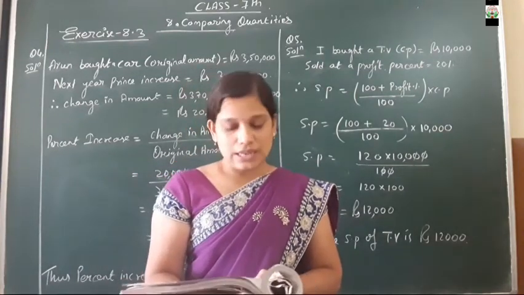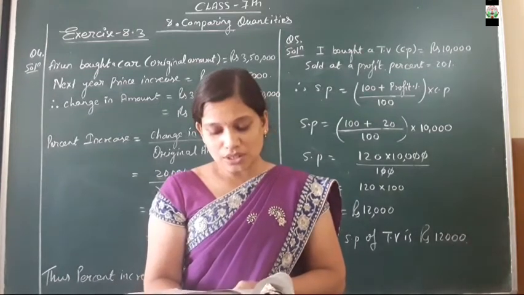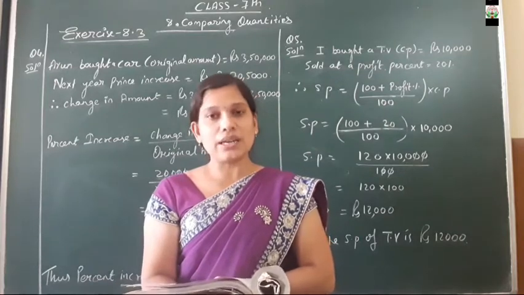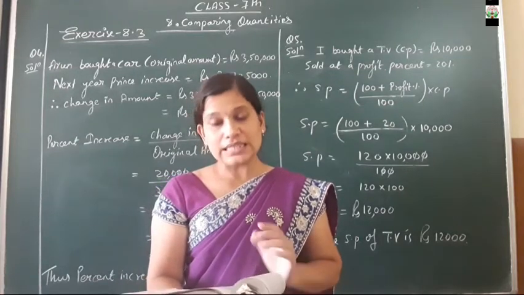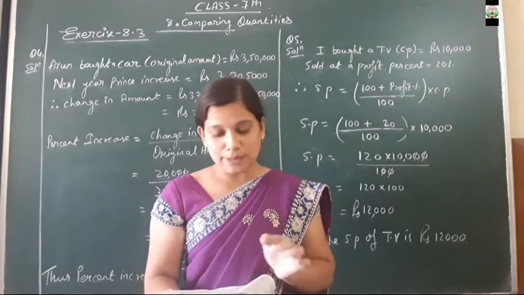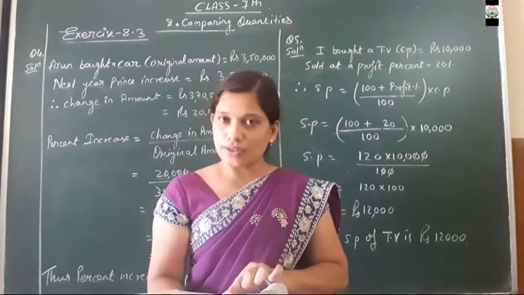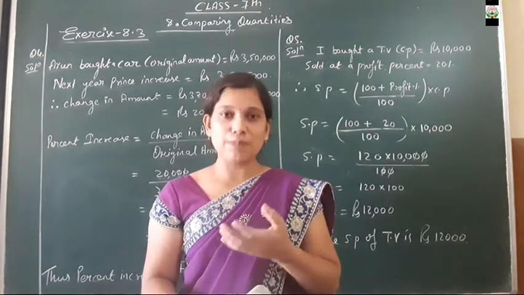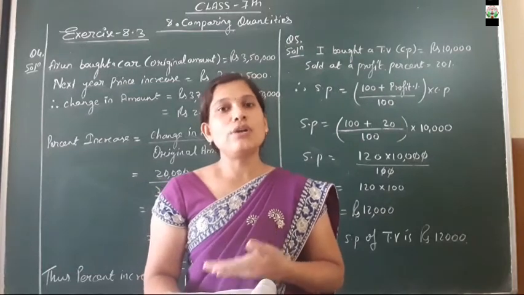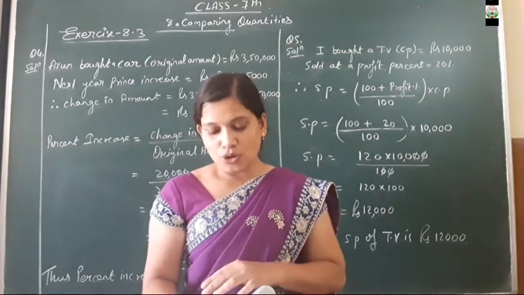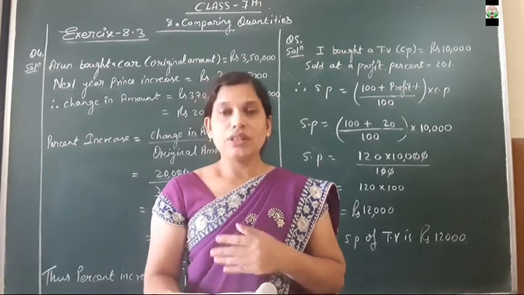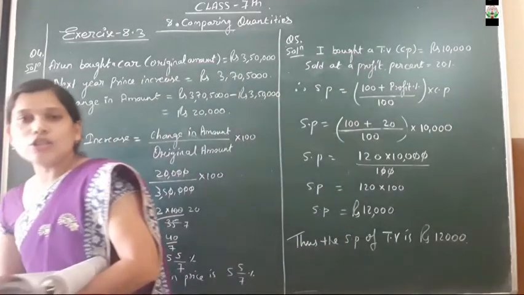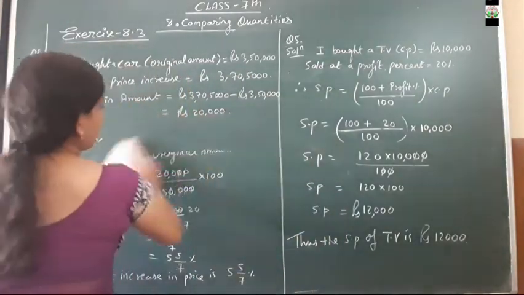What is the next question we are having? Juhi sells a washing machine for rupees 13,500. She lost 20% in the bargain. Here the selling price of the machine is 13,500. But while purchasing that machine, Juhi bears a 20% loss in that, isn't it? What was the price at which she bought? Now here we are going to find the cost price, isn't it? As the selling price and loss percent are given, we have to find the cost price.